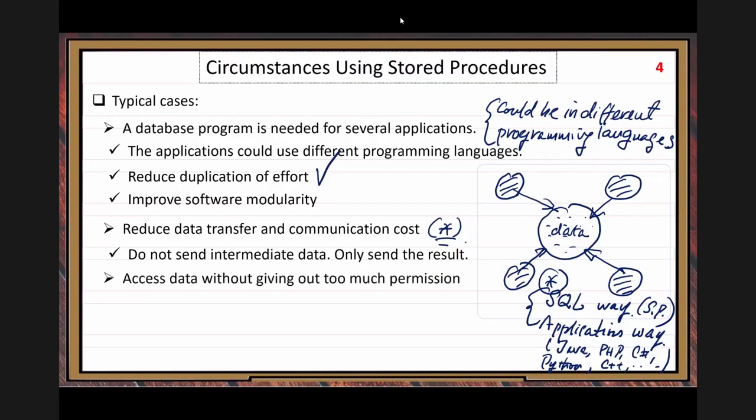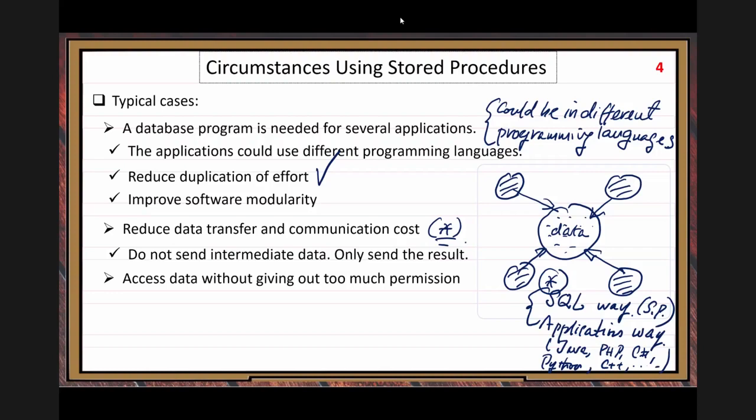Access data without giving out too much permission. That's another advantage. Sometimes some tables may have high-level credential information you don't want to expose to general programmers, right? That's another reason to use stored procedures. Some people have access to that higher-level credential data.